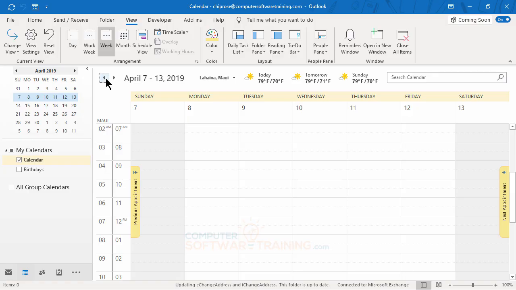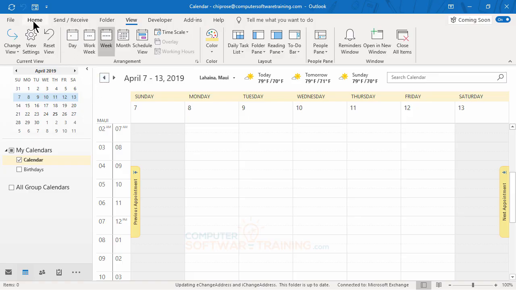So if somebody were to ask you to send them maybe the next 3 or 4 weeks of what your calendar looks like, AKA tell me some dates that I can schedule some meetings with you, some get-togethers, whatever, how can you give them that information? Now, normally, if you didn't know any better, you'd create an email and say, okay, here are the 20 dates that I'm available, here's the time frame I'm available, blah blah blah. Instead of having to go through all that, what you can do is go back to the